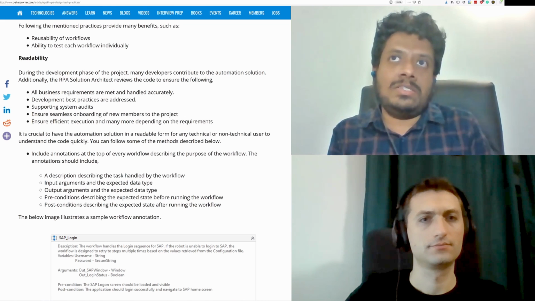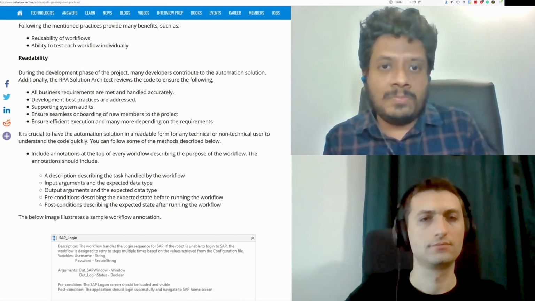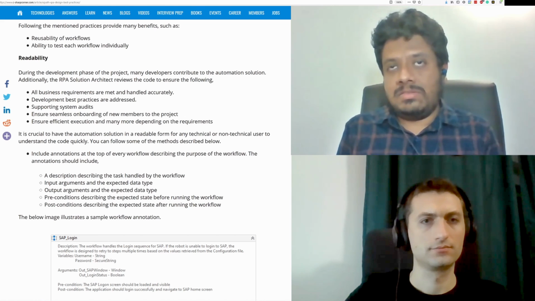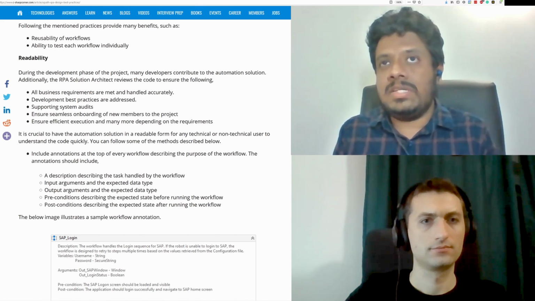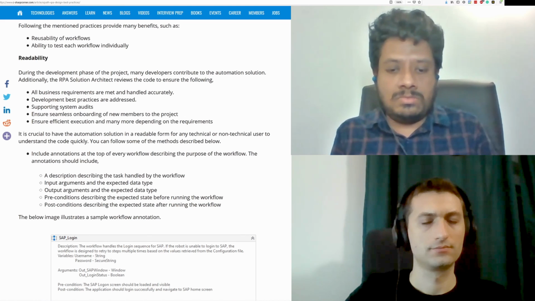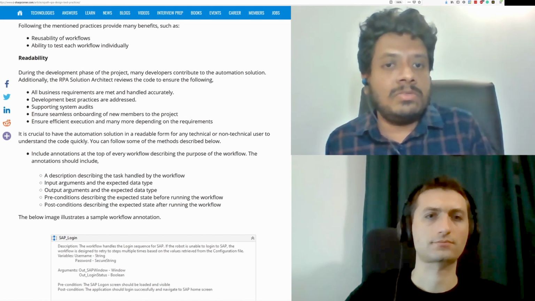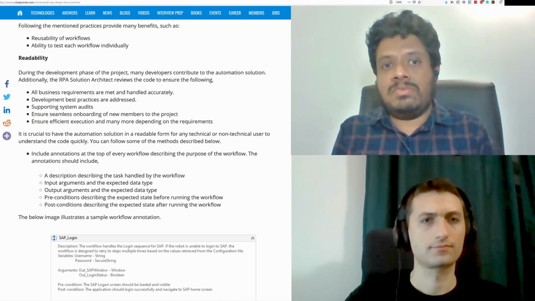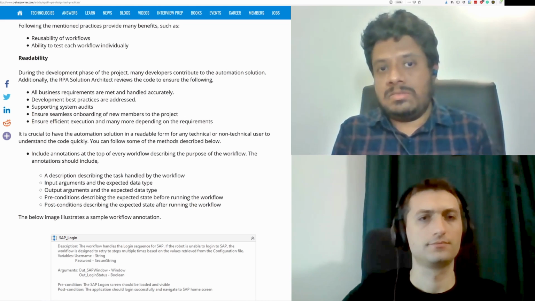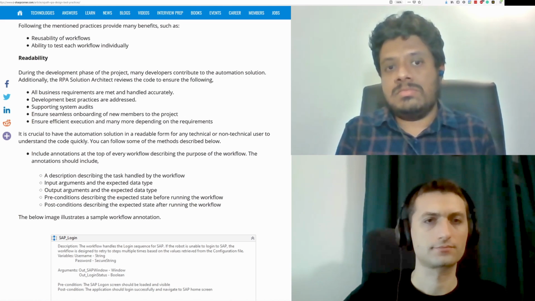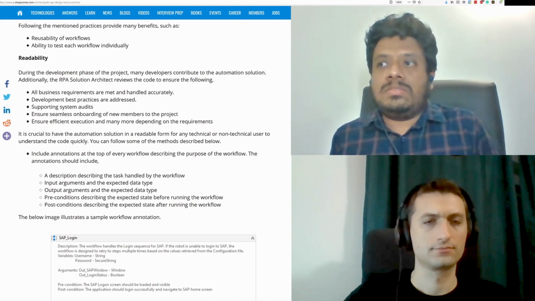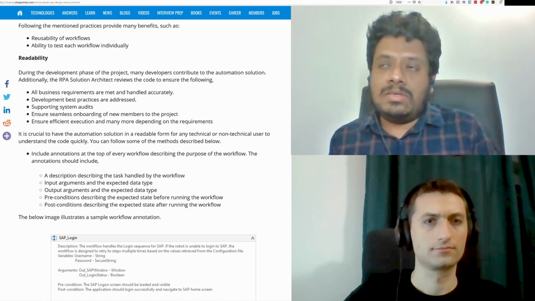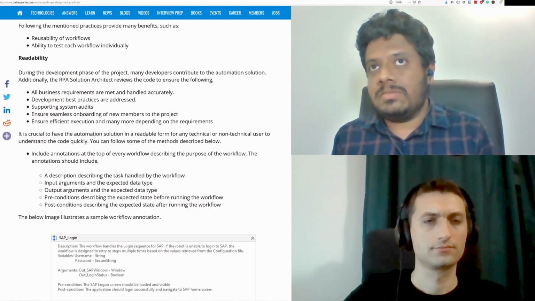As we discussed earlier, you will have a nice name for the workflow, but having that grouping will also help someone understand. Let's say it's extracting customer information. From where you're extracting it and why you're extracting it will be in that group. So that's one thing. And the next thing is